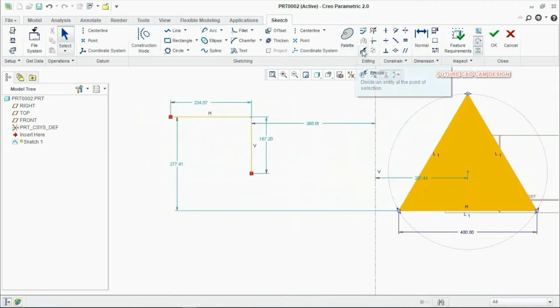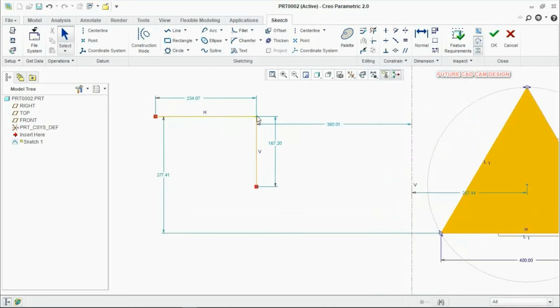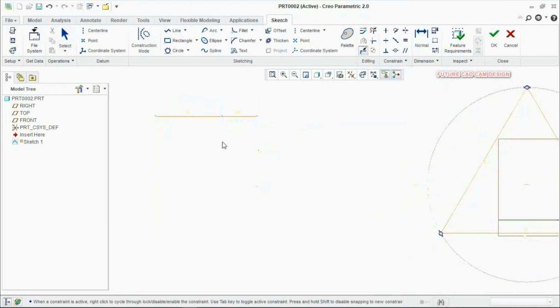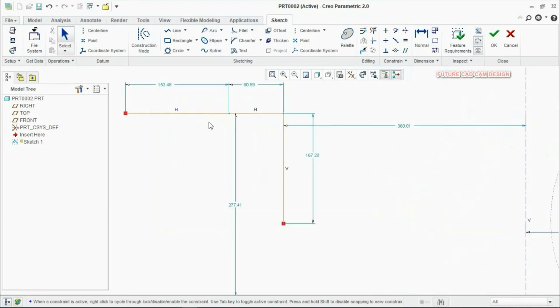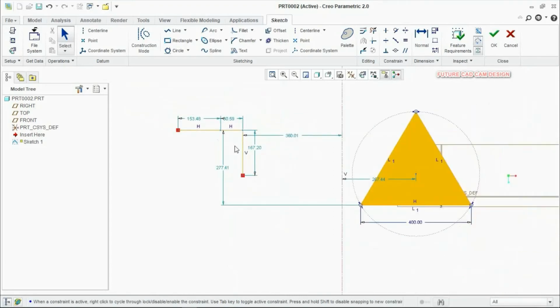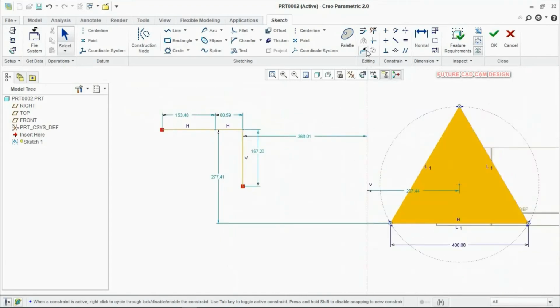And then in editing, here we have insert point, I mean the divide option. So now this is a single line. I need to divide this line into two lines. You can use the divide option. Select the divide option, directly click the point on the line. So now you can see the difference. We have two different lines. This is one separate line and this is another separate line. So we have divided the single line into two lines with the divide option. So we have seen mirror, divide, corner and delete segment.